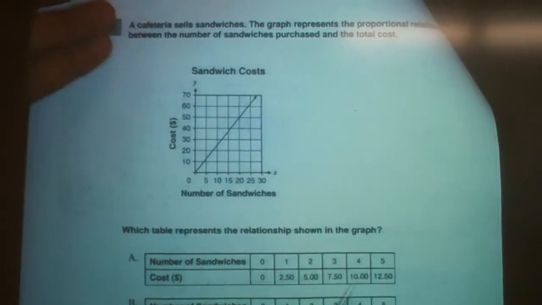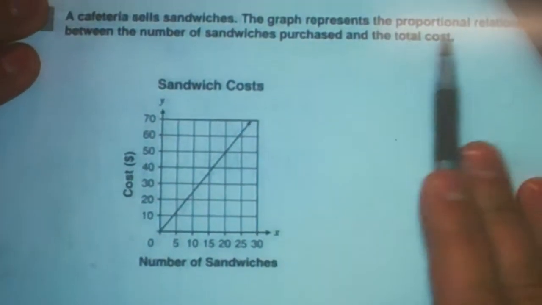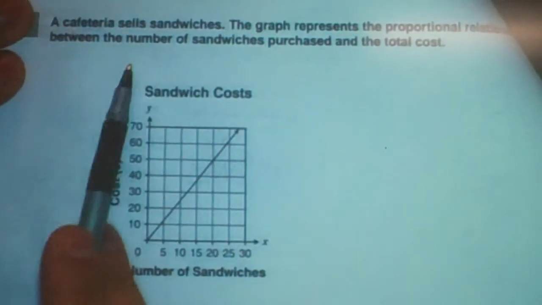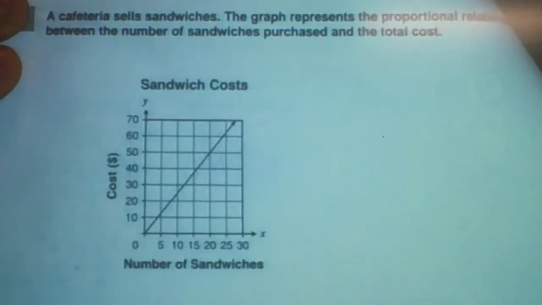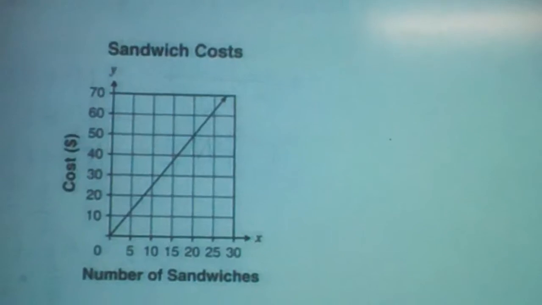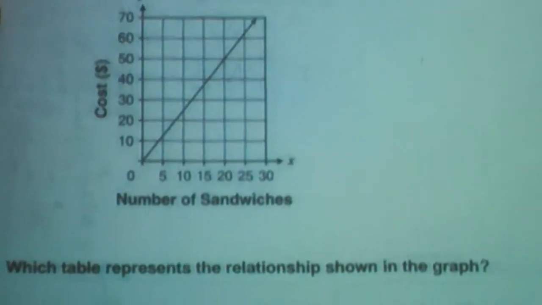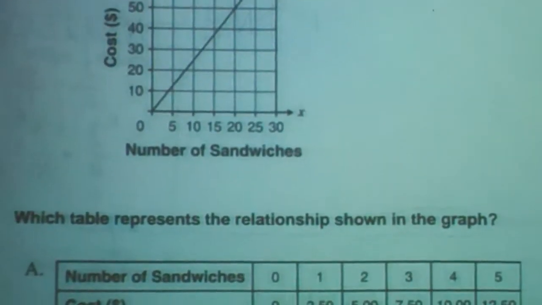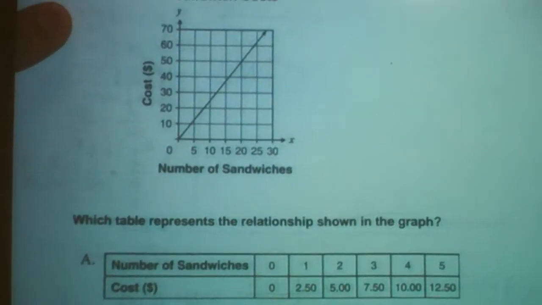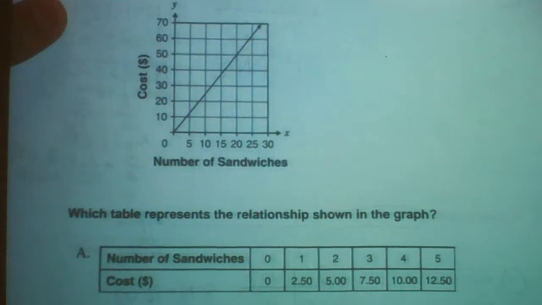A cafeteria sells sandwiches. The graph represents the proportional relationship between the number of sandwiches purchased and the total cost. So here's the graph, and then it says which table represents the relationship shown in the graph. This is a very, very tricky problem, but the way we've always approached things with graphs is that we always